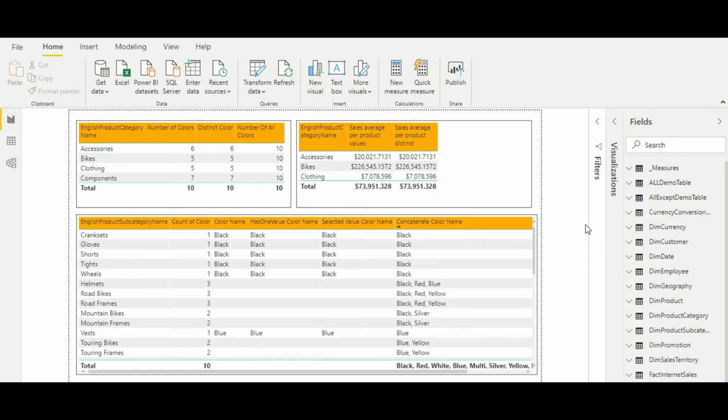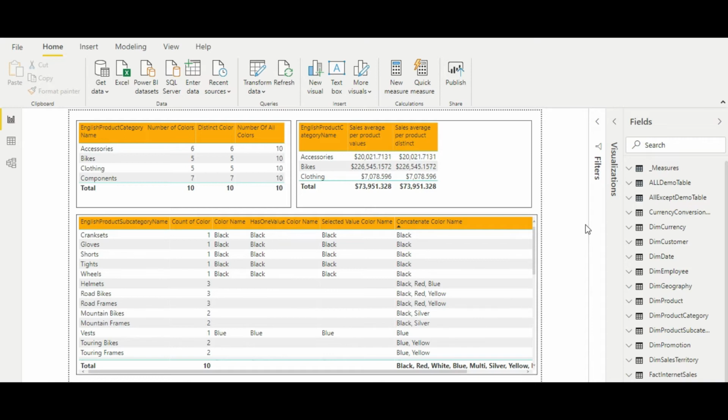Basically both the functions have the same behavior when it comes to passing a single column. Suppose you want to create a single column calculated table. In that case, if you pass a single column name to either VALUES or DISTINCT function, they will return the unique values in that particular column and will create the calculated table. The only difference is that if there is any blank value inside that column which you are passing to the VALUES or DISTINCT function, VALUES will return that blank value and DISTINCT will remove that blank value. Okay, so this thing only needs to be kept in mind while using VALUES and DISTINCT.